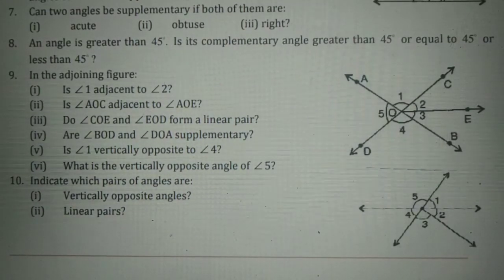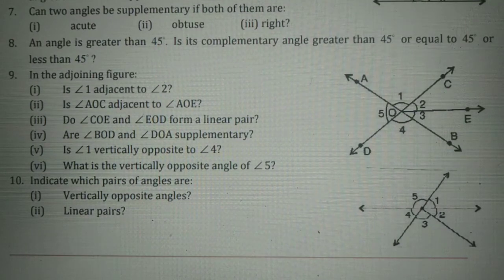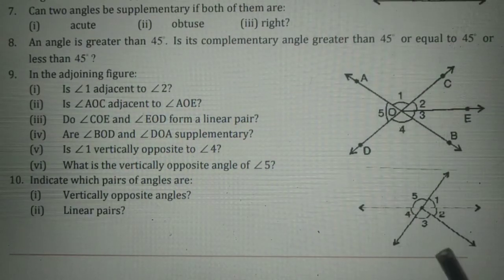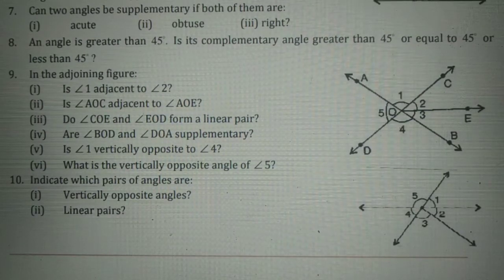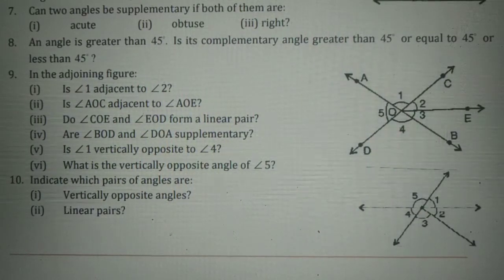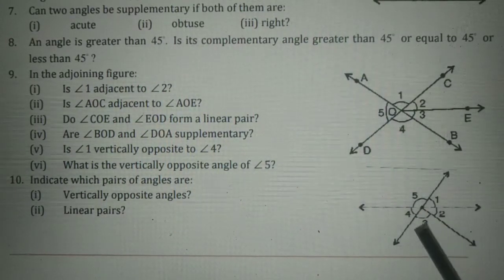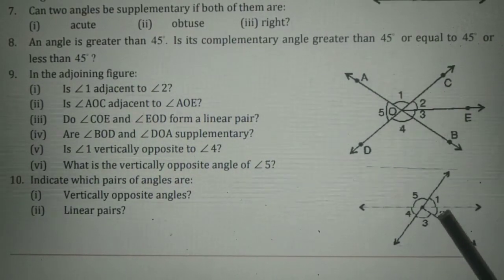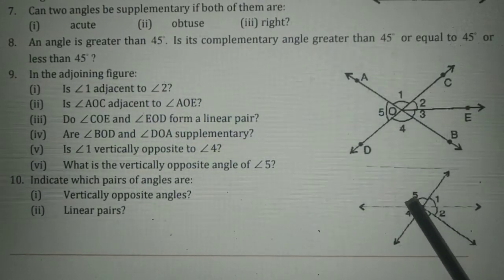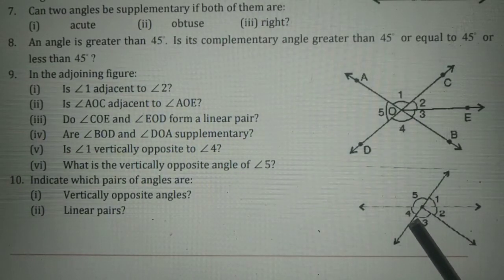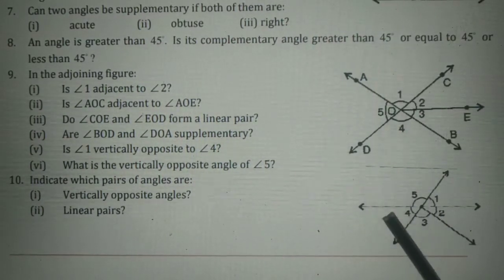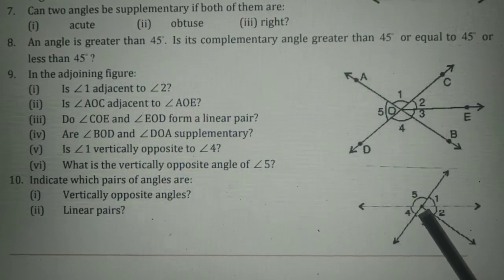And the next one is linear pair. You know very well what linear pairs are. Linear pairs are pairs of two angles whose sum is 180 degrees because they are supplementary. And one more thing, they are adjacent, that is, there is a common arm between them. So when two lines cut each other, you can see here 5 and 4: the total sum is 180 degrees, and for 5 and 4, this ray is common. If we consider this as a ray from the center point, 5 and 4 are a linear pair.